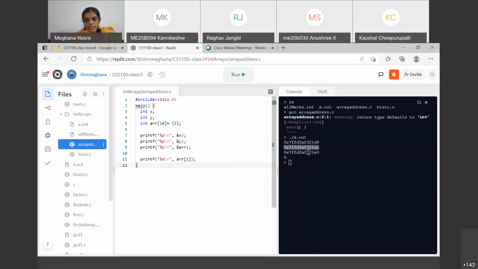Then after this, you are given the address of this array ARR, that is the starting position of this array. What would be interesting is to print out, not the addresses of X and Y, but the addresses of array 0, array 1, array 2, and so on, which I am going to do.